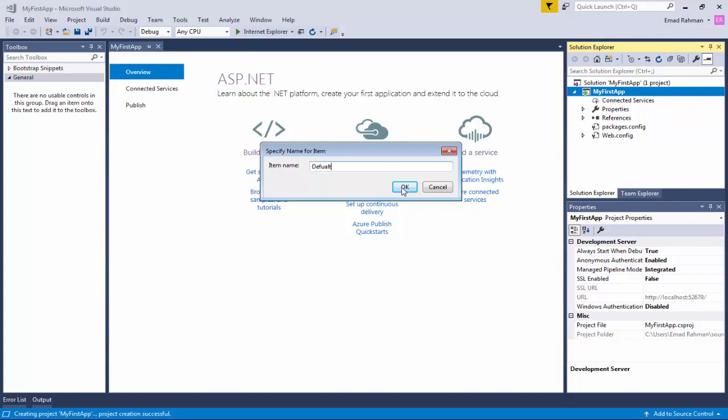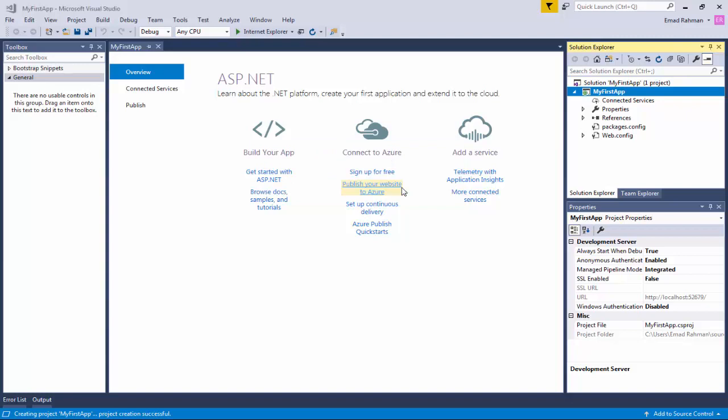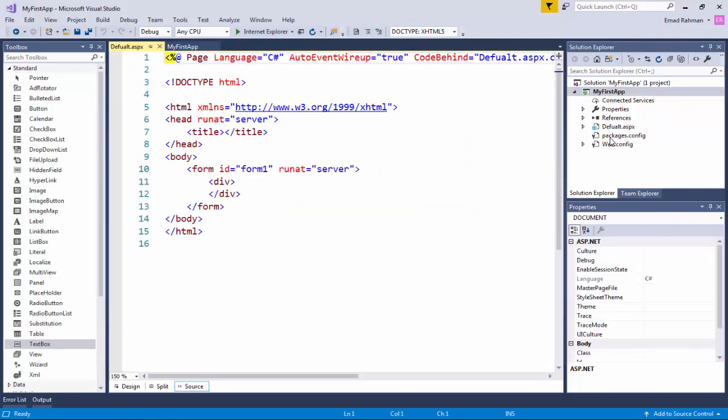So this will be the first web page. When you click on OK, you see that the Solution Explorer has now one more file. This is the one we just created, and this is the web form. And this web form has the name